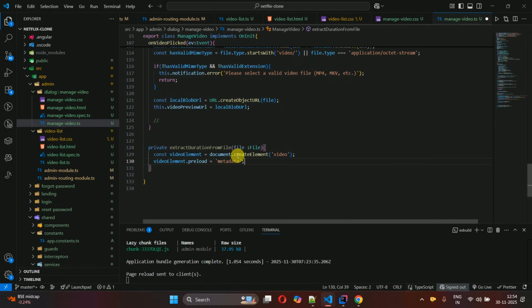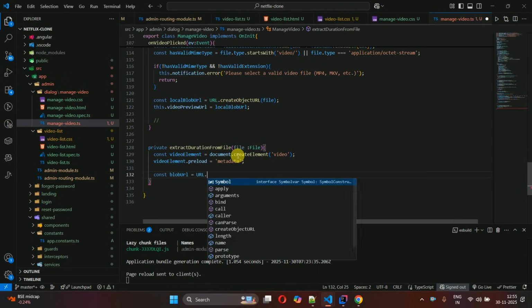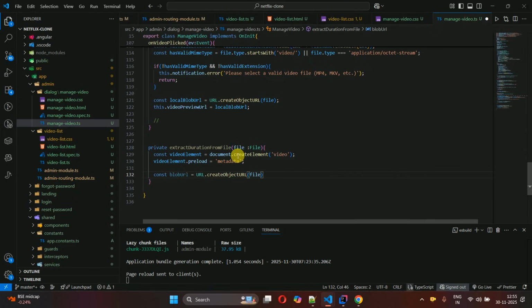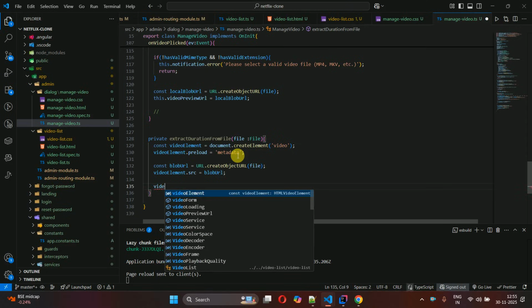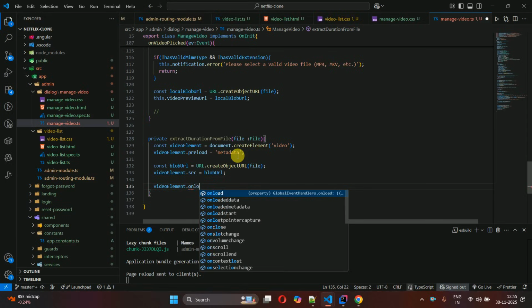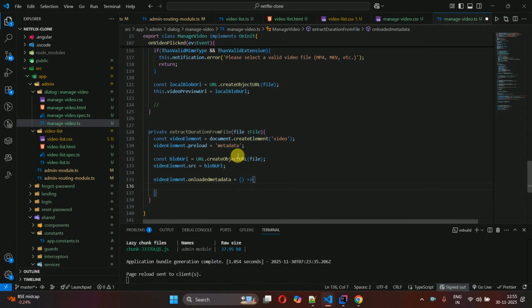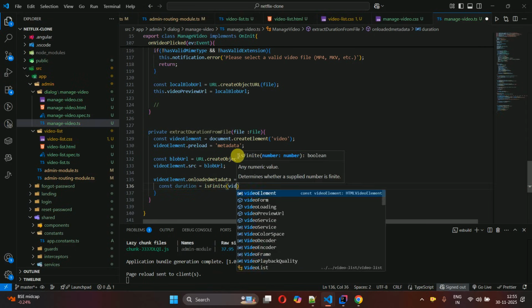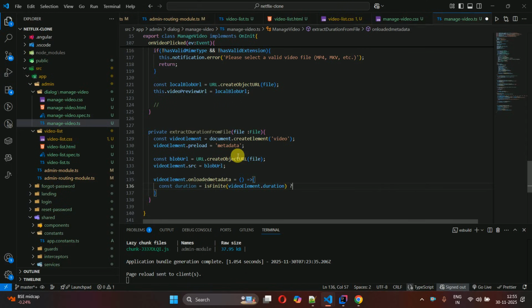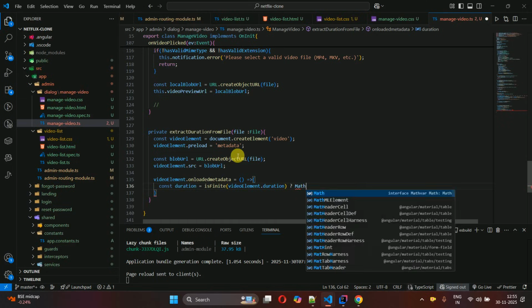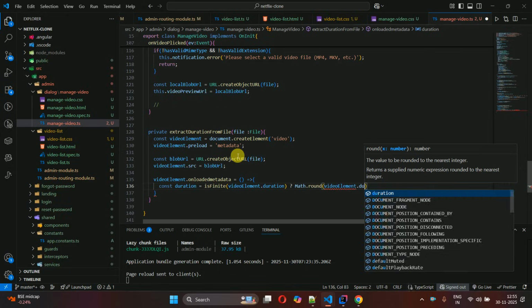equals 'metadata', and then create a blob URL, so const blobUrl is URL.createObjectURL, then we have to pass the file, and videoElement.src, and then blobUrl we have to pass, then videoElement.onloadedmetadata, this one, and in this one we have to write const duration is Number.isFinite of videoElement.duration, and then Math.round, sorry, here we have to write Math.round, of videoElement.duration, or 0,